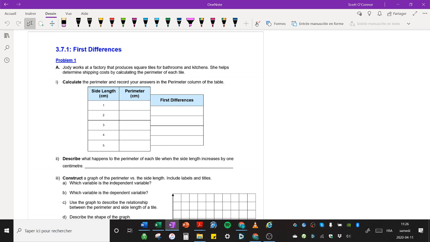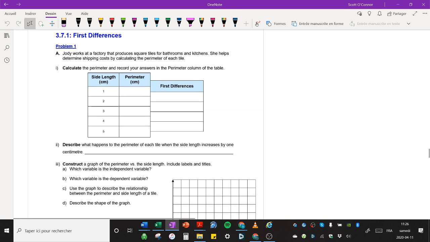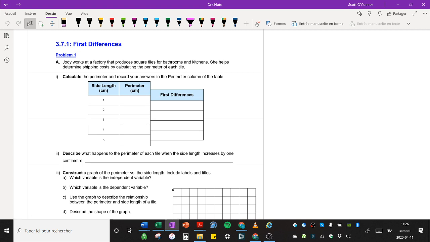Just going to go over how to start off these tables of values, and then I'll also post an answer key online for this set of handouts, so if you have trouble you can always check there. But what I cover in this video should give you enough information so that you'd be able to do this mainly on your own. Alright, so A here says Jody works at a factory that produces square tiles for bathrooms